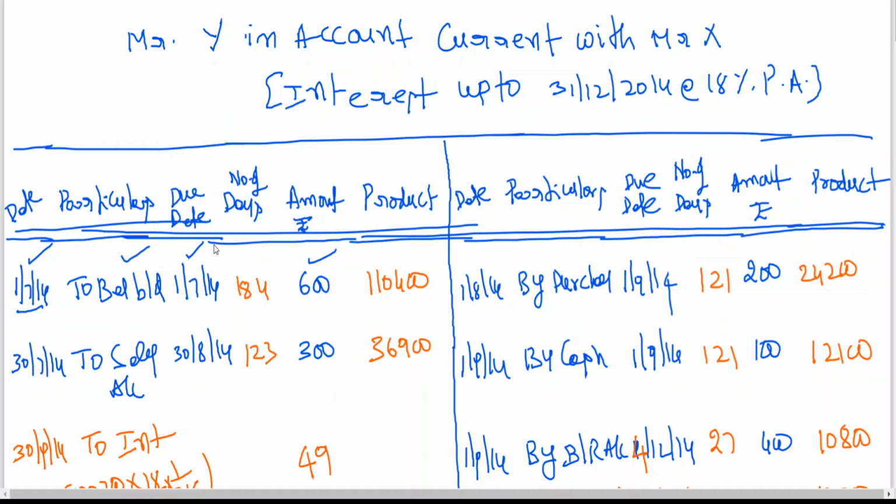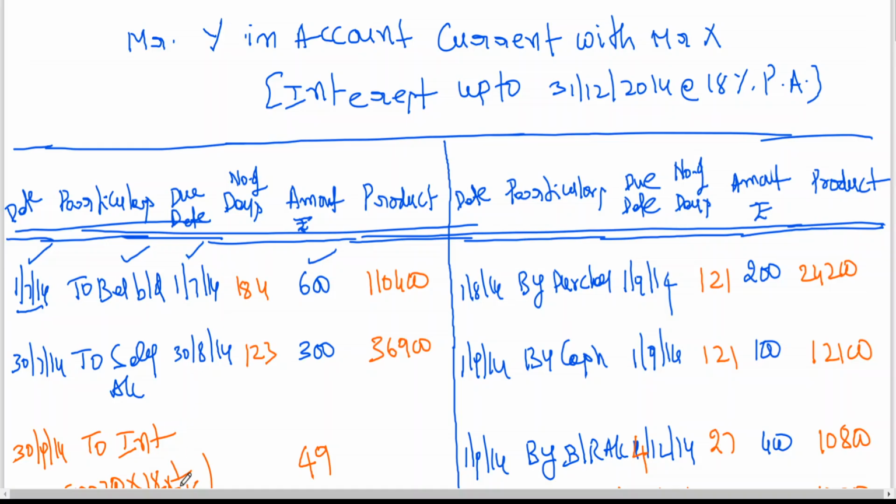This is clear. We can write due date and amount. In the study material, sometimes they won't write the due date for the opening balance, but let us write it. No need to worry. Sometimes before the examination you'll have these doubts. Don't bother about it, because for every transaction we write the due date, whether it is an opening balance or anything. The study material sometimes uses a shortcut method to simplify the procedure.